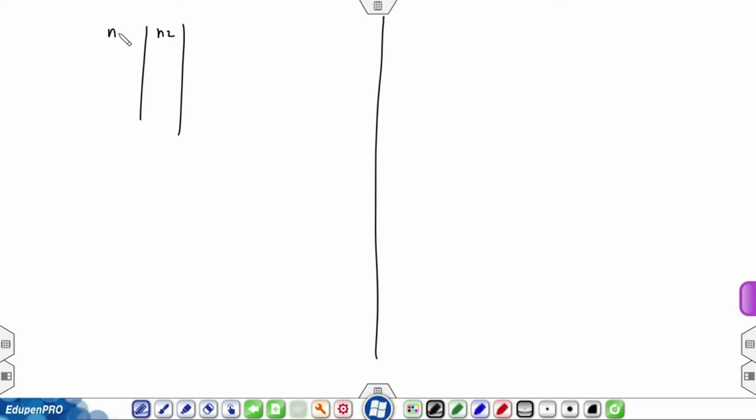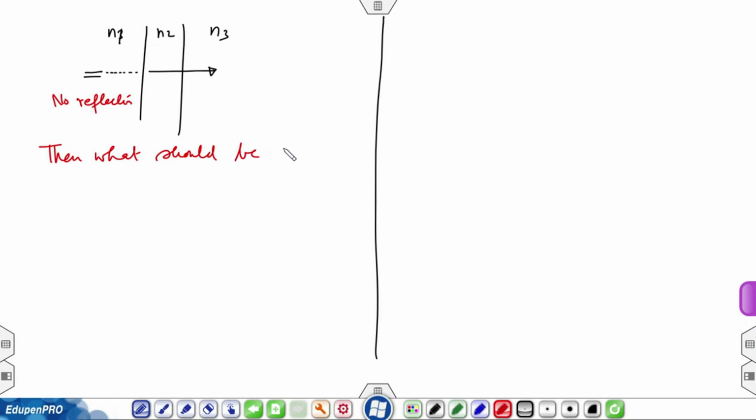That problem says that in this medium where you have N2, N1 and N3, suppose there is some optical instrument on this side and you want all the light coming from here to pass through, no reflection, then what should be N2 and D? This is given that the light is passing in the air. So, there is some N1, there is some N2, and N3 is 1, and therefore,